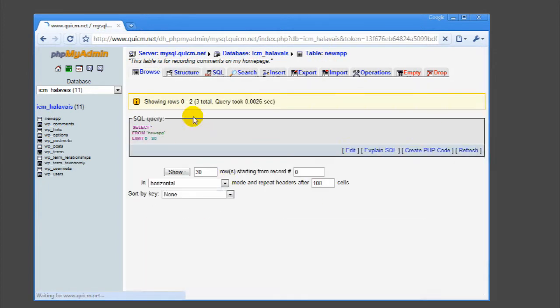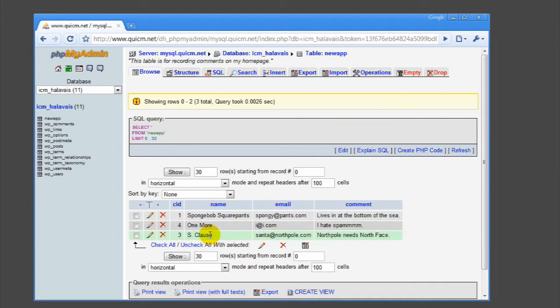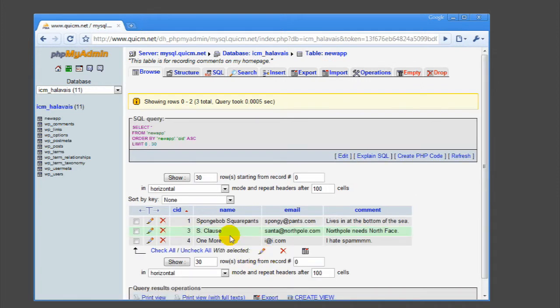If we now go and browse, you'll see that we have 3 different things. It threw it in here. I'm not worried about that. Again, the order of this doesn't matter. We can always sort it in MySQL, but in phpMyAdmin. But what's really important is what we do with it when it comes out for the